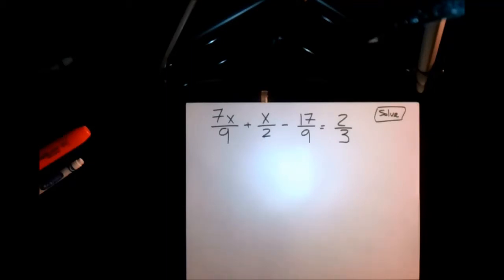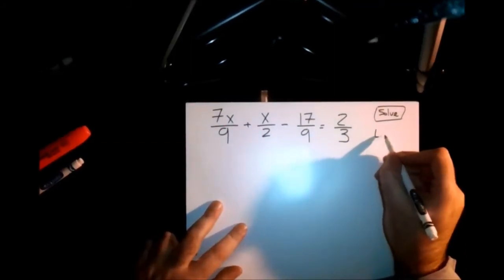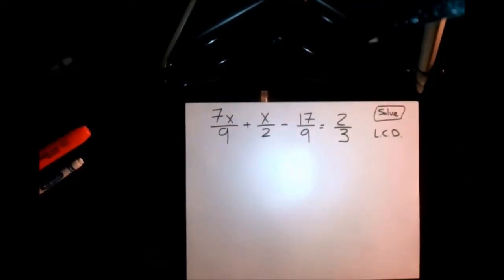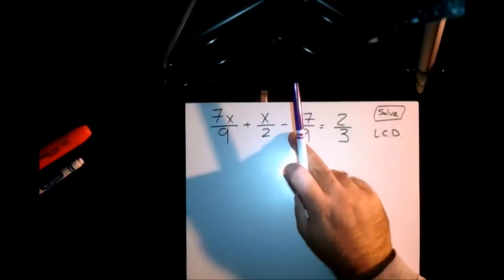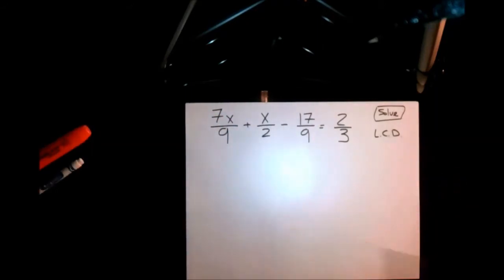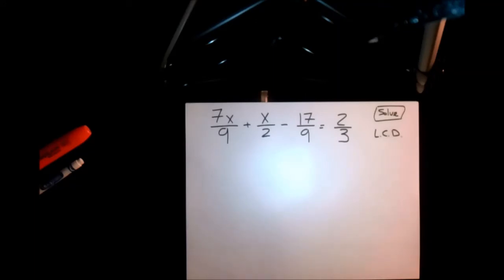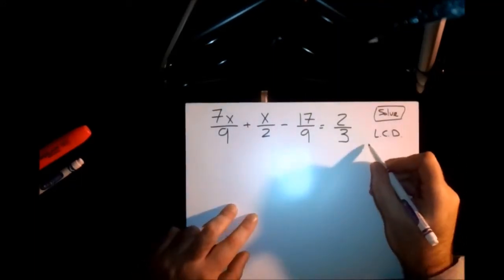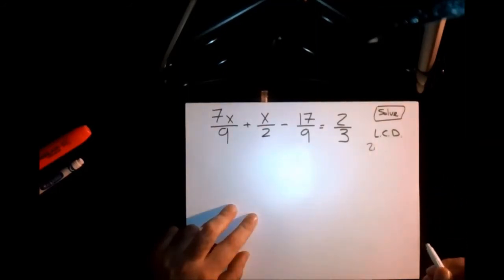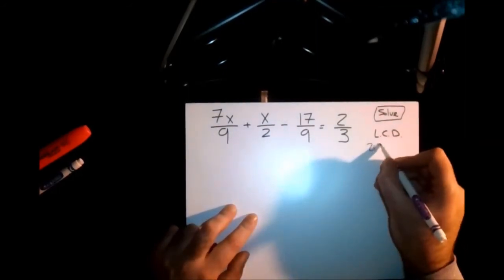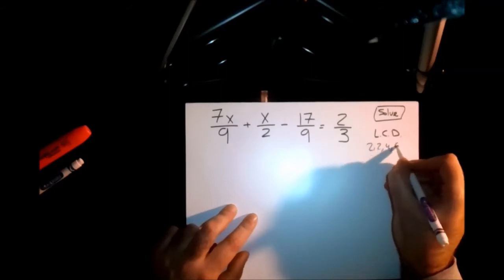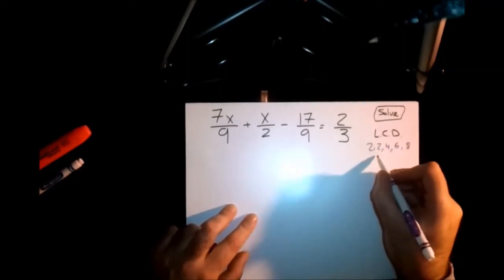Or you can find the LCD. Remember that? Yes. And we're going to do that. We're going to find the LCD for technically only 3 denominators here, because here I have the 9, the 2, and the other 9s are the same, so I only have to find a common denominator for the 9, the 2, and the 3. I'm going to start with the 2, the smallest. So I'm going to list off all of the multiples of 2. 2 itself, 4, 6, 8, 10,